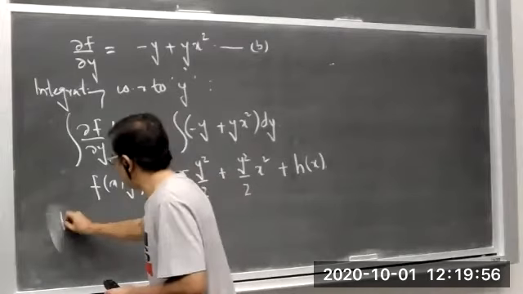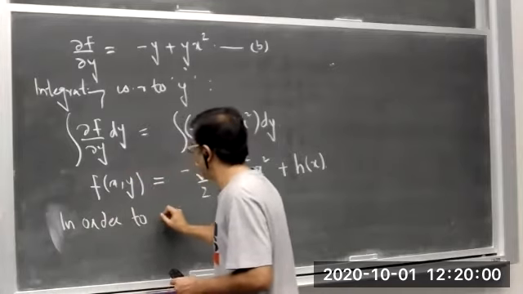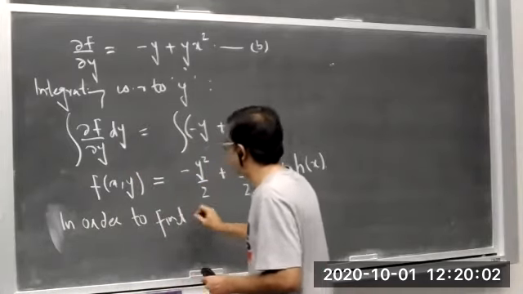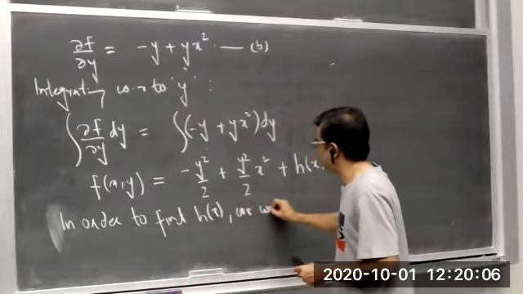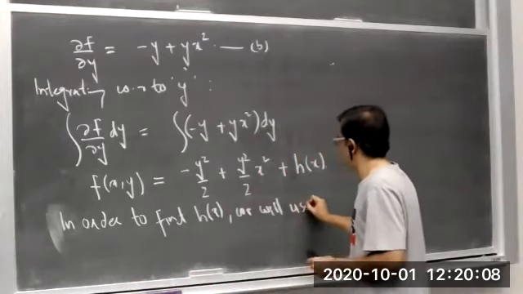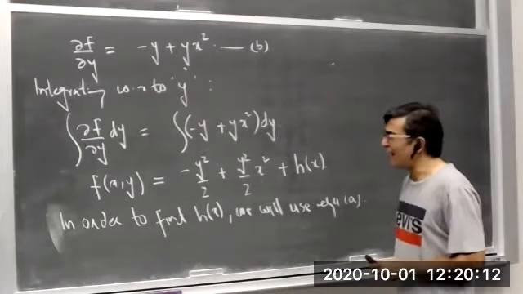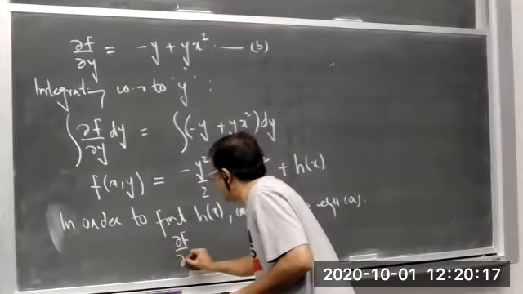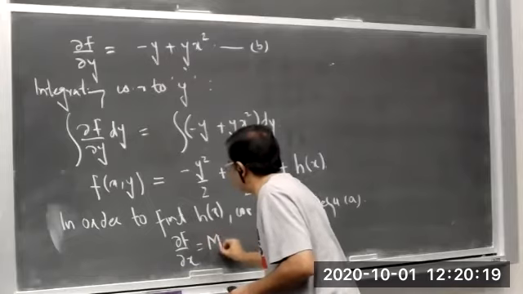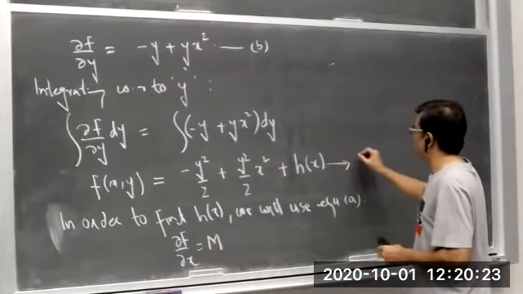In order to find h of x, we will use equation A. Now what is that equation? It is partial f over partial x is equal to M. ठीक है, अब आपके पास ये, आप इसको इक्वेशन में भी